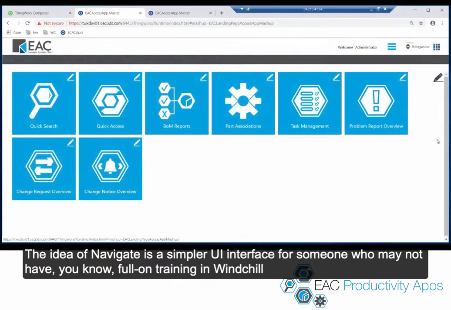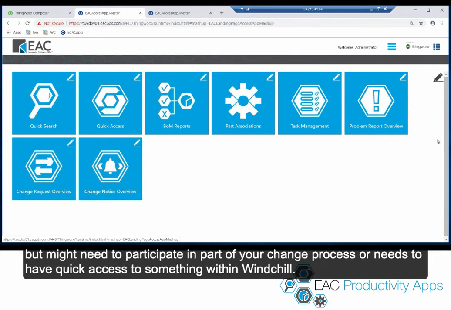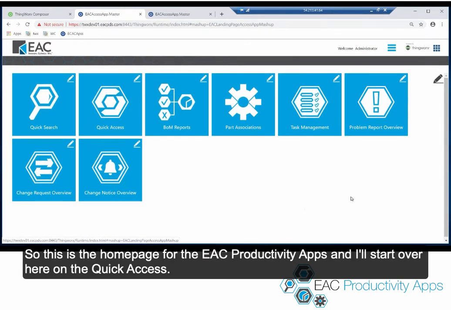Like Ryan said, the idea of Navigate is a simpler UI interface for someone who may not have full-on training in Windchill, but might need to participate in part of your change process or needs quick access to something within Windchill. So this is the homepage for the EAC Productivity Apps, and I'll start over here on the quick